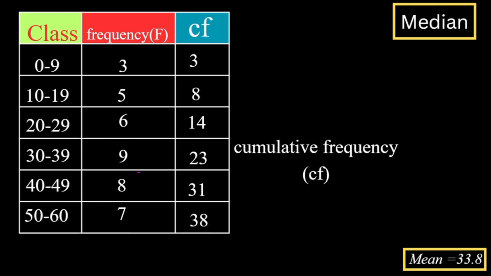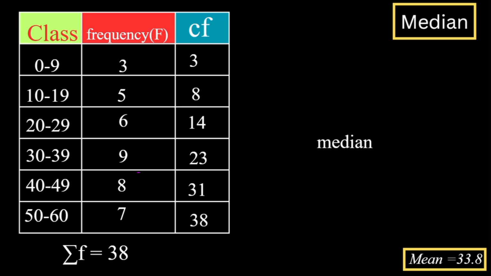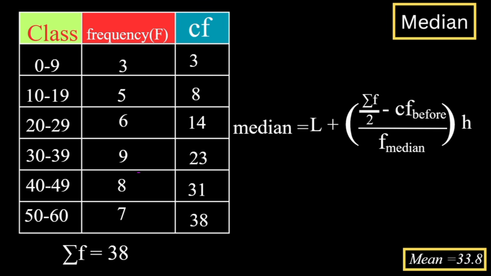So we have our final cumulative frequency as 38. And you notice that this one is basically the same as the summation of f, because we are just adding the frequencies. And normally, when adding the cumulative frequencies, ensure that your final value is the same as the summation of the frequencies. Now, having got the cumulative frequency, we can now get the median, which is basically given by